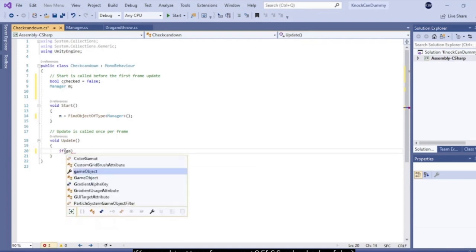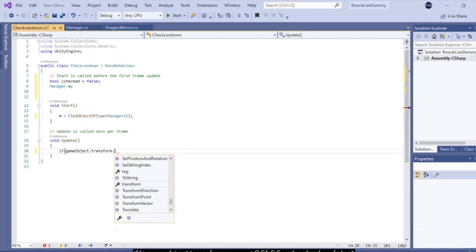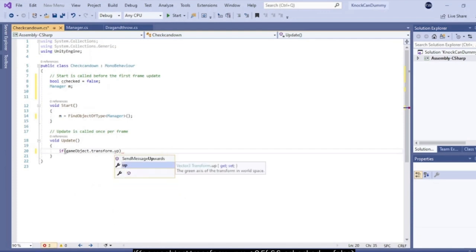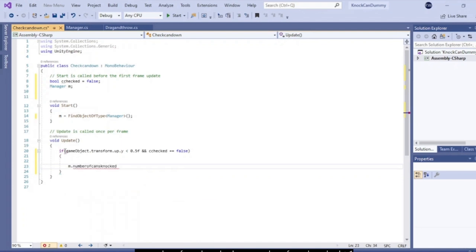If gameObject.transform.up.y lesser than 0.5f and c checked equals to false, m.numberOfCansKnocked equals to m.numberOfCansKnocked plus 1 and